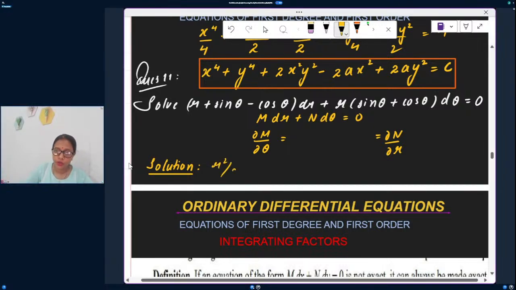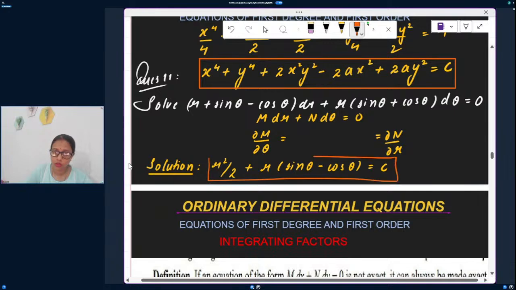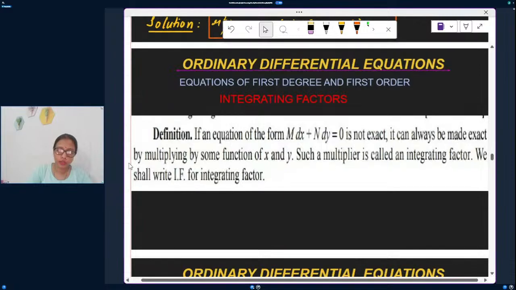r square by 2 plus r sine theta minus cos theta is equal to constant. Beta, that is your solution. Okay. Now, what is an integrating factor? Beta, integrating factor,